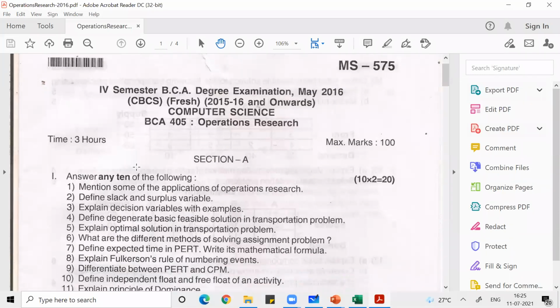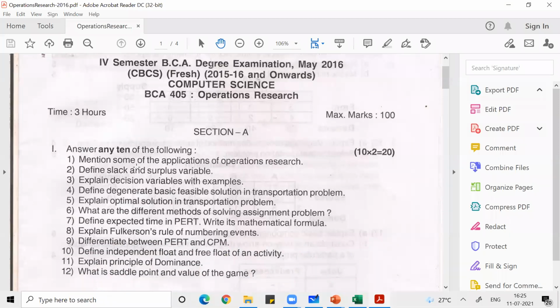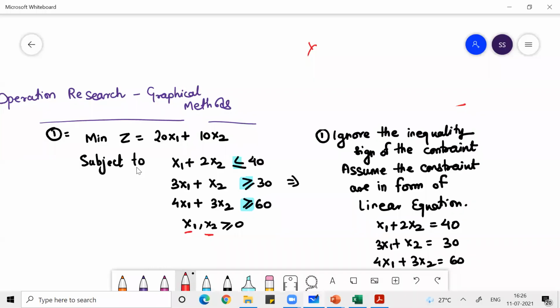In the theory questions, you may get a question where they ask what are the limitations of a graphical method. If you get it as a 2 marks question, please remember that we cannot use the graphical method if we have more than 2 decision variables. Whenever we plot a graph, we cannot plot it if we have more than 2 variables. Why, sir? One variable I put on the horizontal axis, another variable on the vertical axis, so there is no room for a third variable. I hope you are understanding.